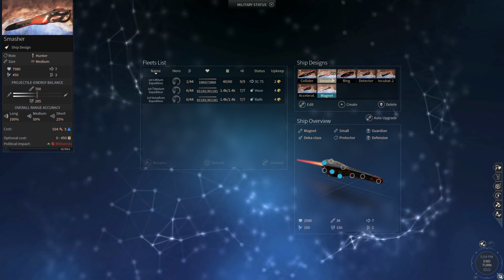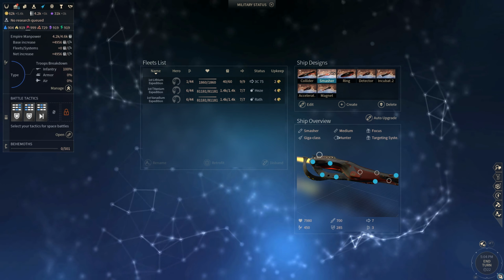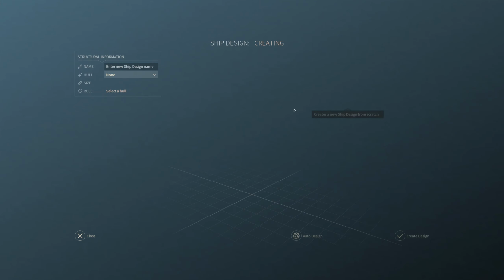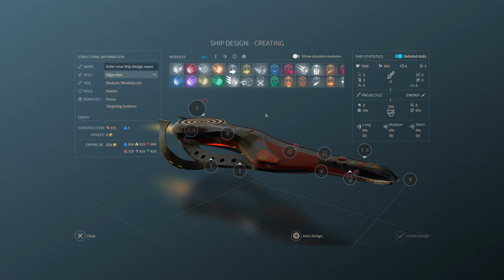Next up, we have the Hunters, who are commonly referred to as smashers in a Sophon fleet, and are based on the Giga-class ship hull. If we have a quick look at it, we can quickly see that unfortunately its weapon modules by default are